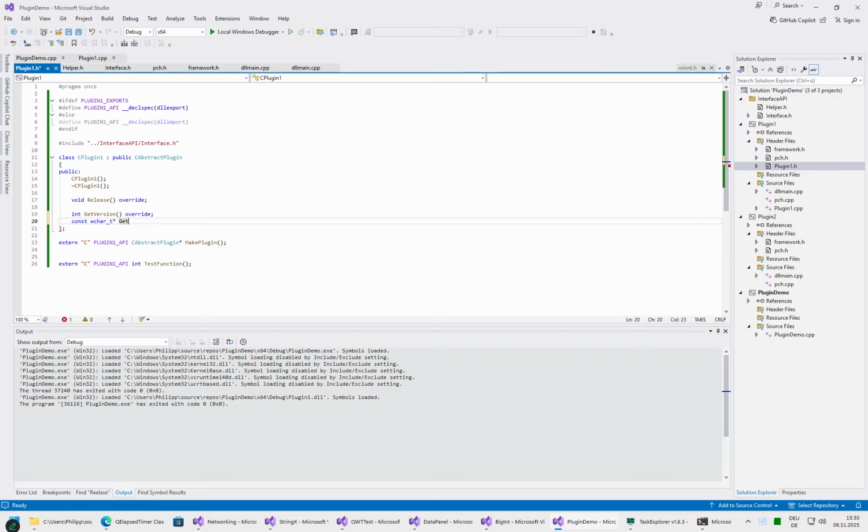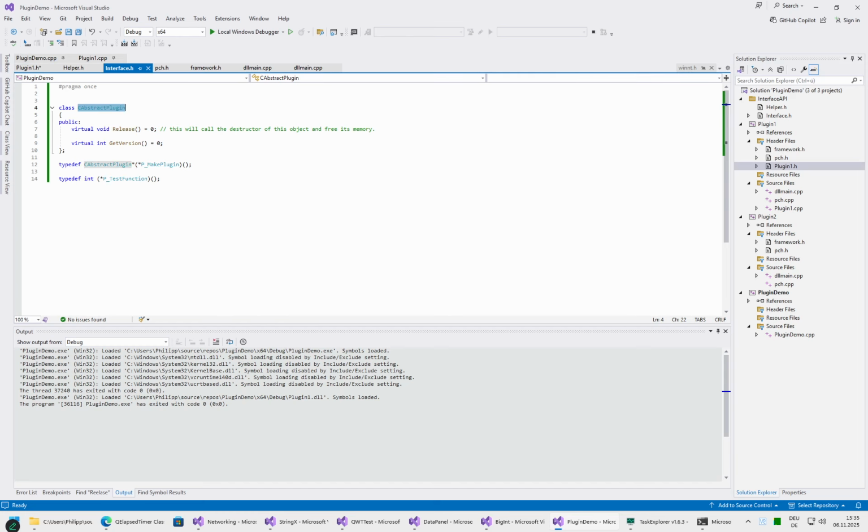Yeah, let's call it get name, and the other function will be called get version. Alright, we could make this const, and we need to make this override, which will bug out here because it's not defined. So this is const, and this is